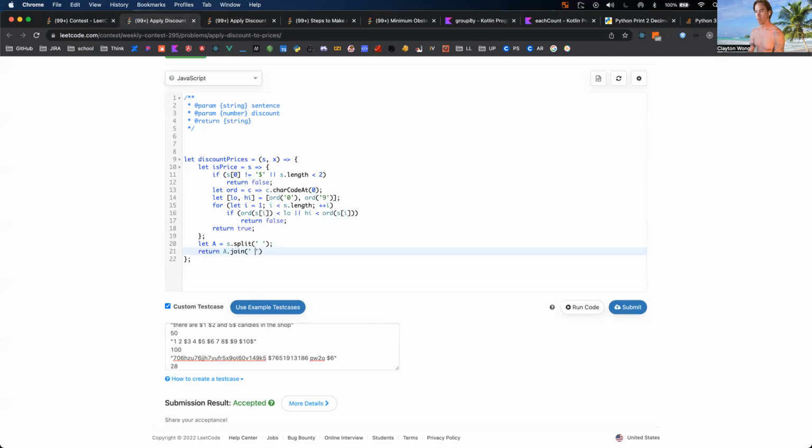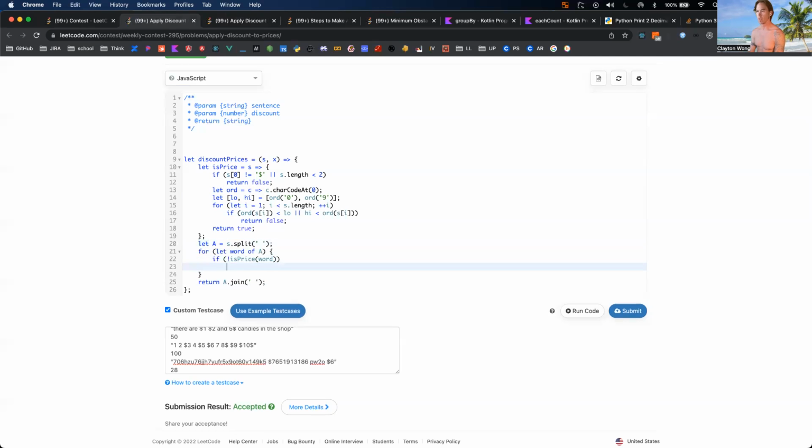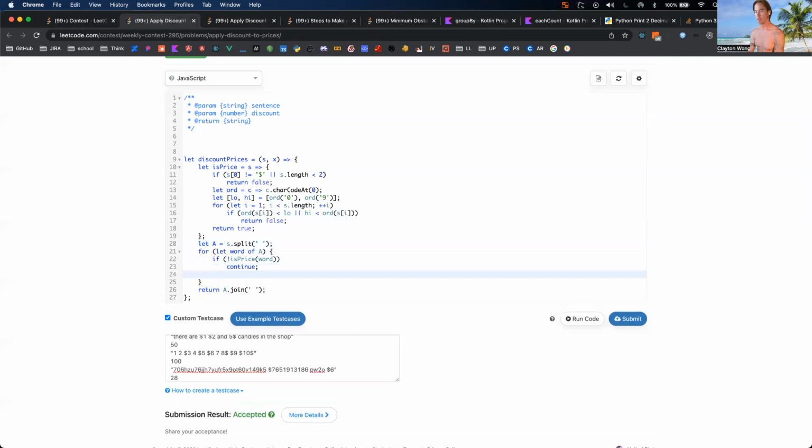Return s.split into words. If not, it's not a price. Continue. Otherwise,